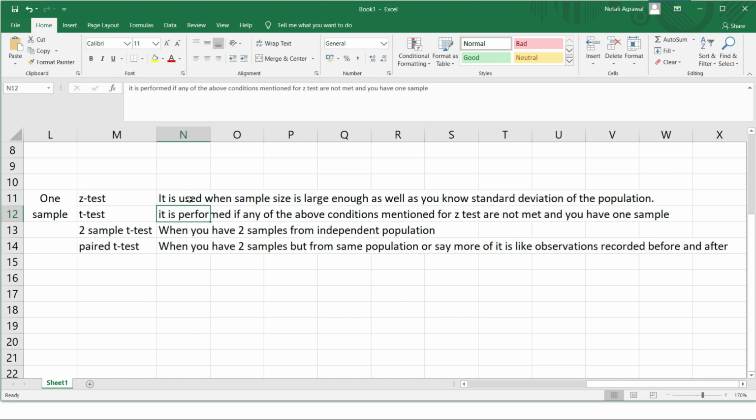So it is on an average 7 kilometers per ride. You don't have a standard deviation. The sample size is just 20, but it is still one sample, for one city, you are doing this thing. That's why it is a t-test. You have to perform a t-test over here.